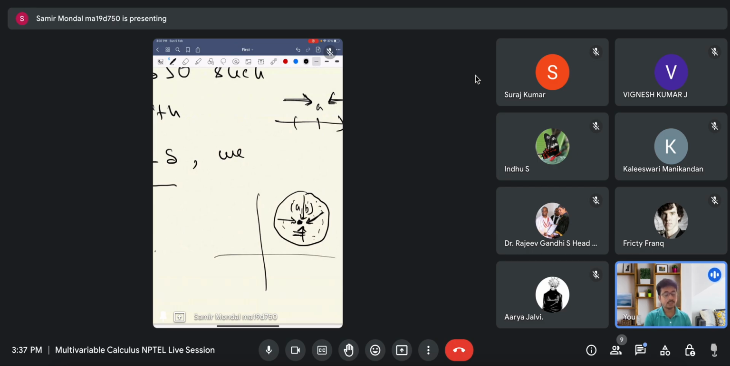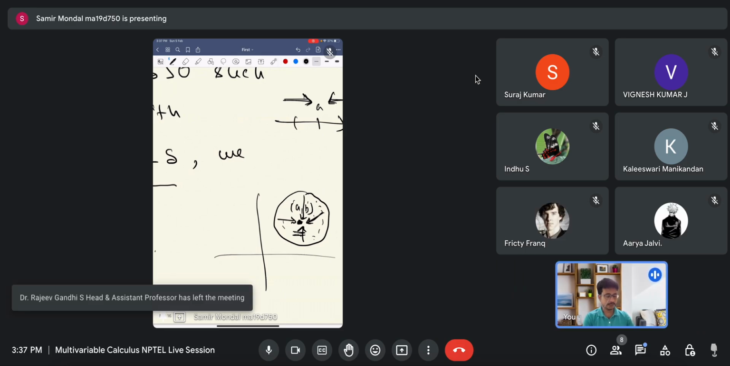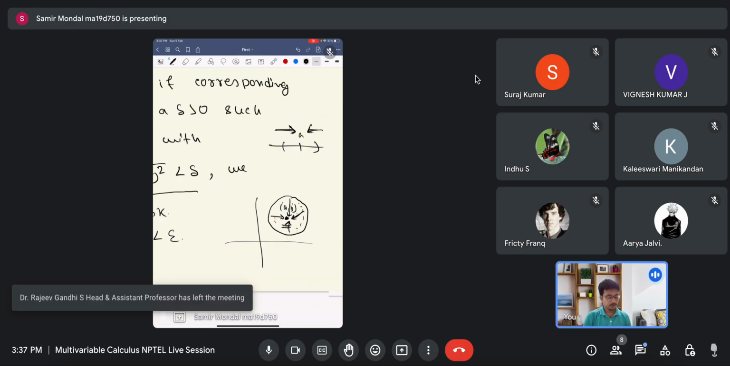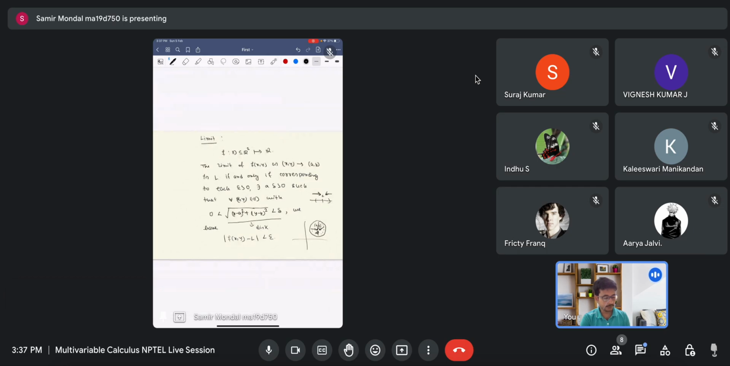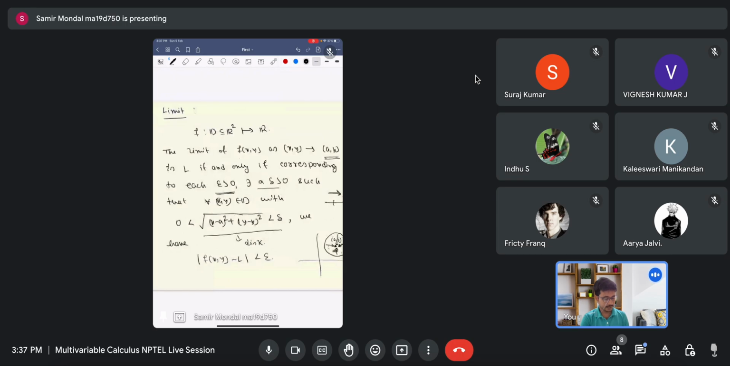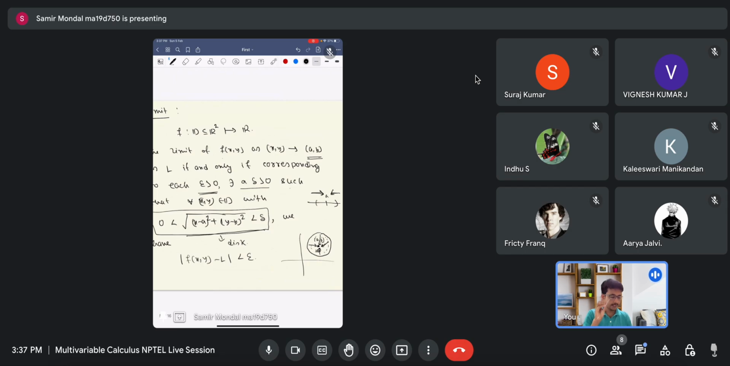So for the two variable case, there are infinitely many directions, but for one variable there were only two directions. Okay, so when will the limit of a two variable function exist at a point (a, b)? For any epsilon greater than 0, there exists a delta greater than 0 such that, when this condition happens, okay, this one means if you draw a disc around the point (a, b)